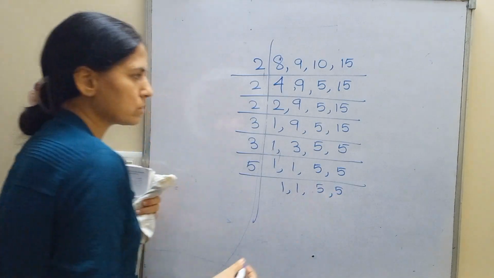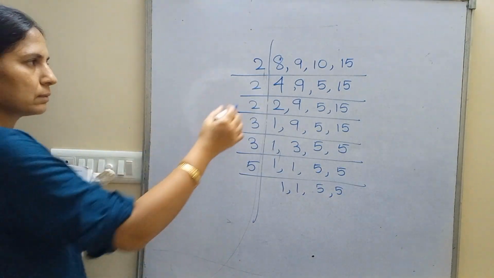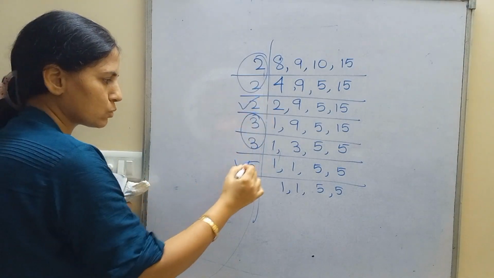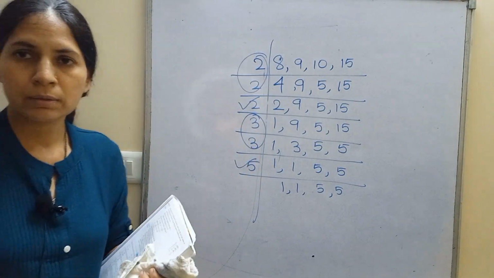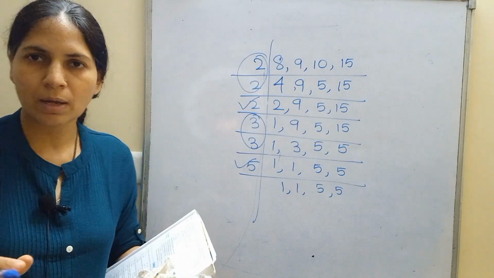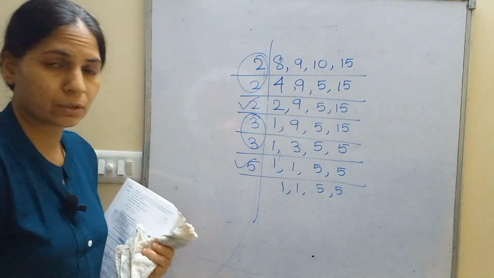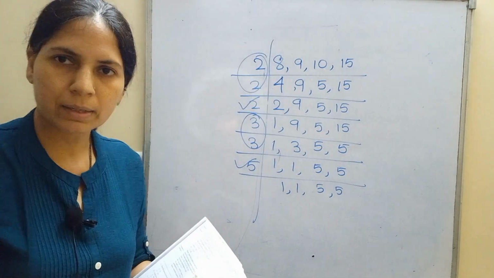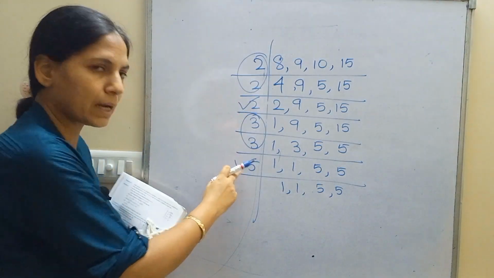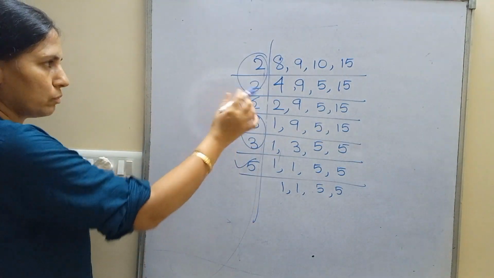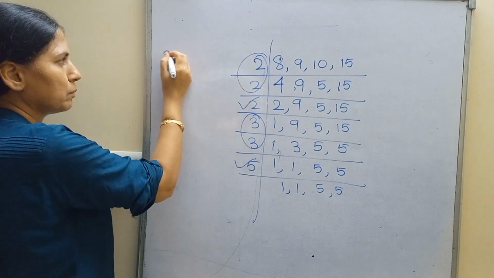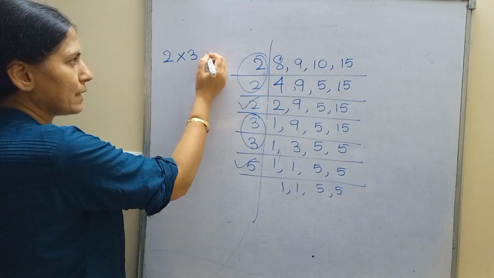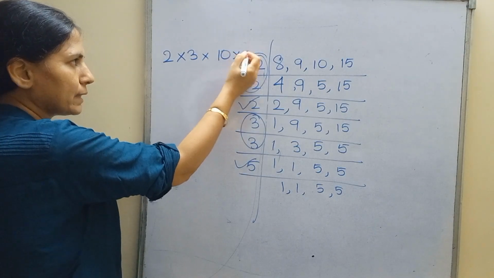Now my dear students, see, 2 and 2, 3 and 3. What is left is 2 and 5. 10 is left, okay? 10 is not having a pair. Now you have to find a least square number. If it is a square number and 10 is left behind, then multiply by one more 10. For example, I'll tell you. Pair of 2, write a 2. Pair of 3, write a 3. Now this 10 is left behind. If we give one more 10 then